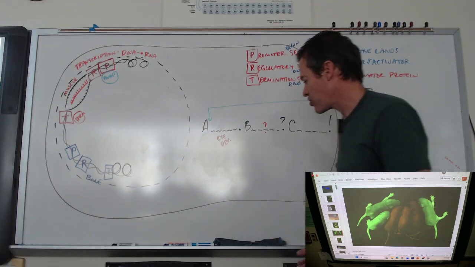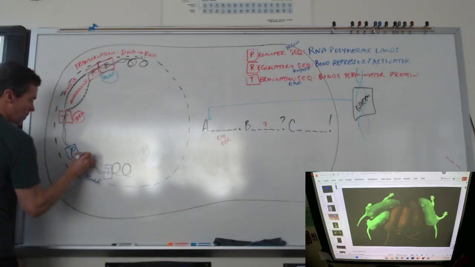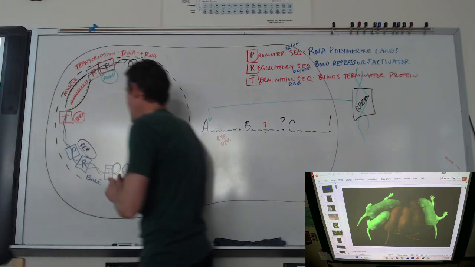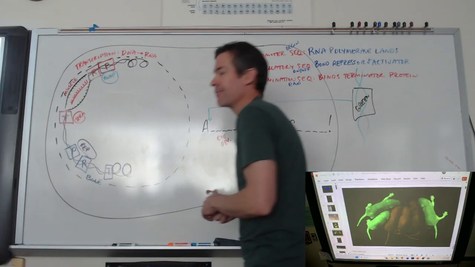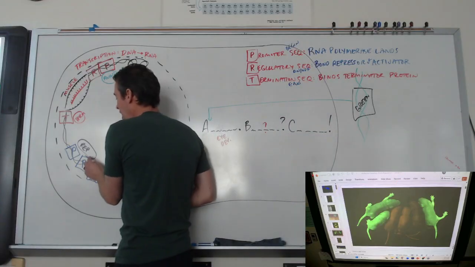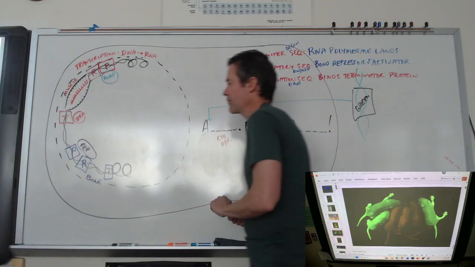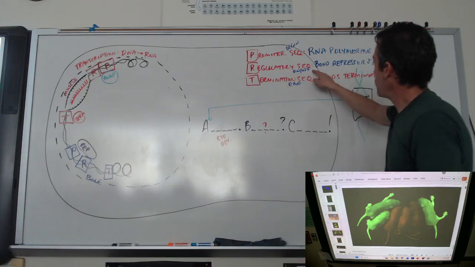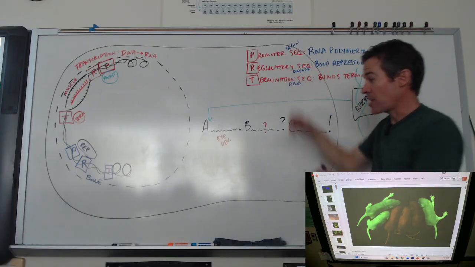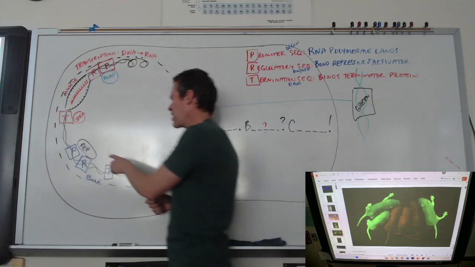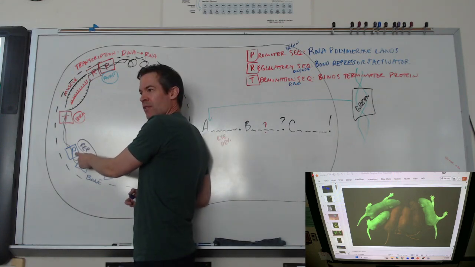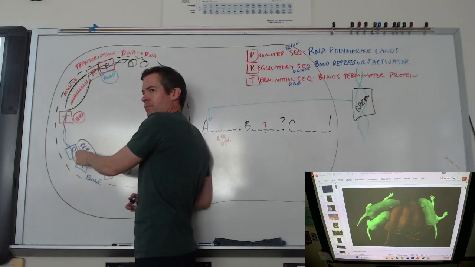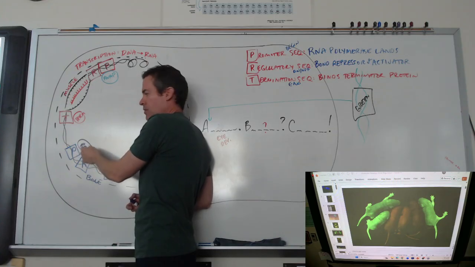So if I have a repressor, a repressor can bind to a regulatory site. It might just stick to the regulatory site. It might even cover the promoter a little bit. So this version's slightly easier to understand, so I'll go with that one. I've got a repressor. That repressor can bind to a regulatory site. So it's binding to a regulatory site, but doesn't it look like that repressor is kind of covering the promoter? So can this RNA polymerase currently as is, does it look like it can land on that promoter? No, because somebody's in its spot. It's blocked. So that gene is off.